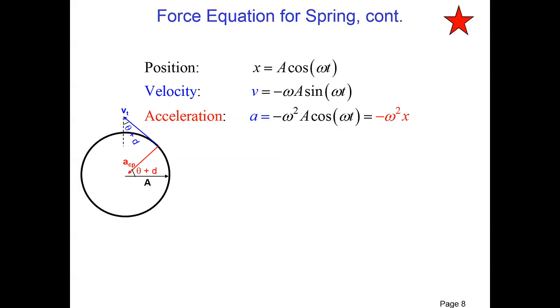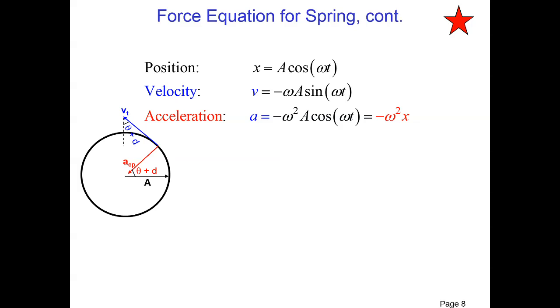This should make sense because the larger the amplitude, the faster it goes, but also the larger the angular frequency, omega, the faster it goes. If your omega gets very large, it's going to oscillate back and forth very quickly, so the velocity is going to increase. So notice, this omega matters for how fast the oscillator goes. I know this isn't a calculus-based course, but the velocity is the derivative of the position, so you may be able to see that if we take the derivative of A cosine omega t, we get negative omega A